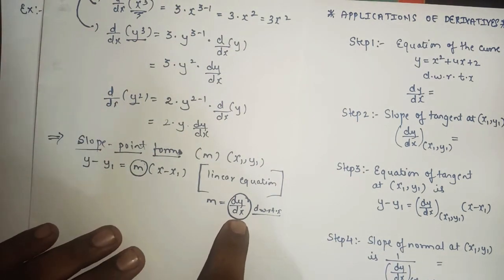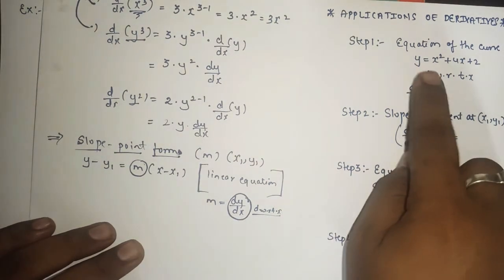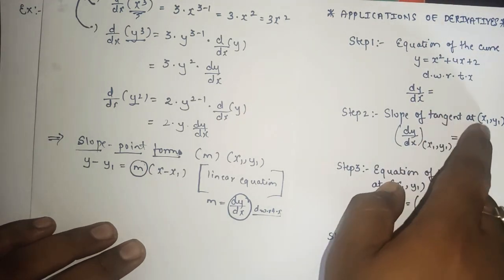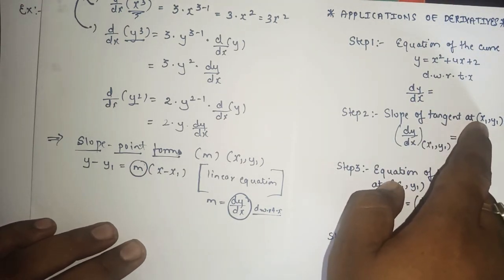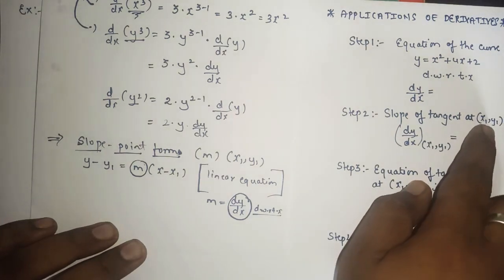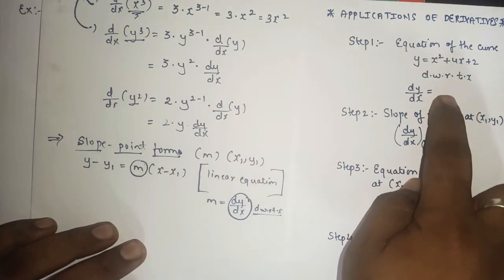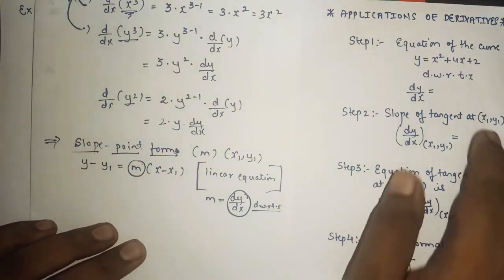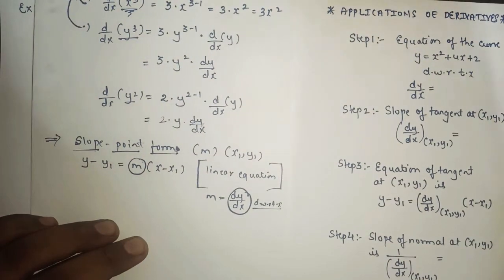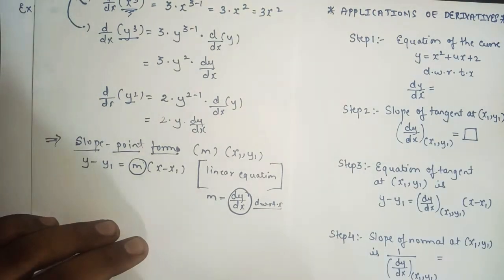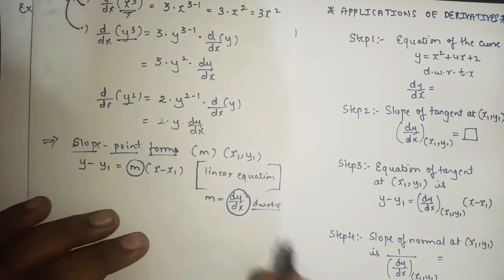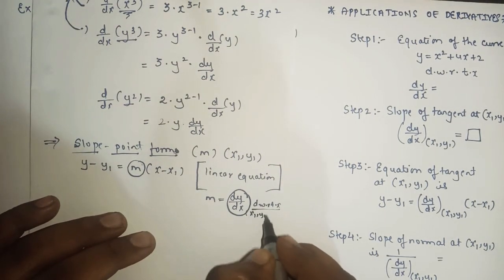After finding the derivative, suppose you have an equation like this, when you find the derivative with respect to x, after substituting the value of the coordinate, whatever coordinate is given that a line is passing through, after replacing the value of x and y, whatever the answer you will get here is the slope. So in simple language, after replacing the value of the coordinate,